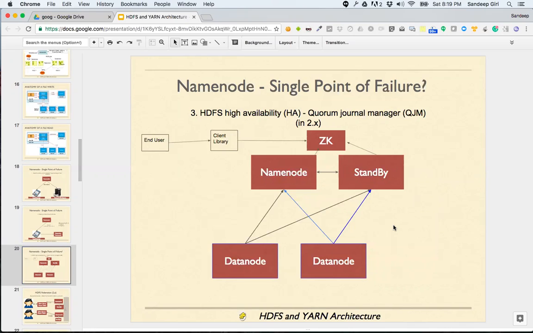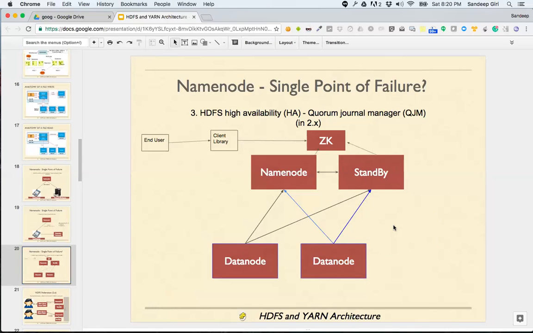Yes, thank God, we have something. Thanks to Hortonworks, who basically built Hadoop 2. What happened in Hadoop 2 was that the concept of a standby name node came into play.